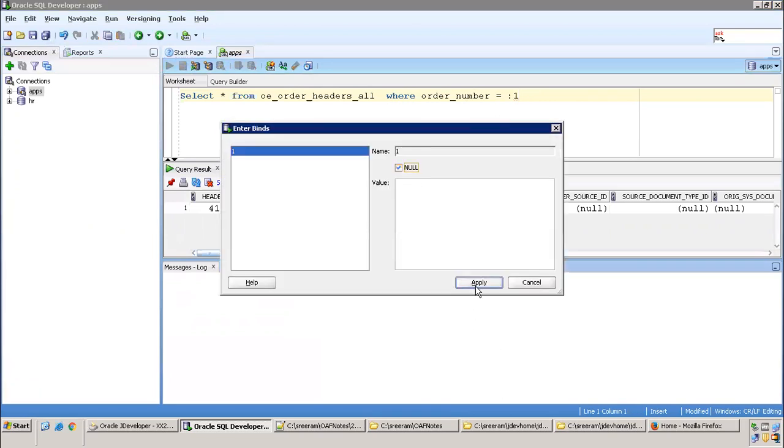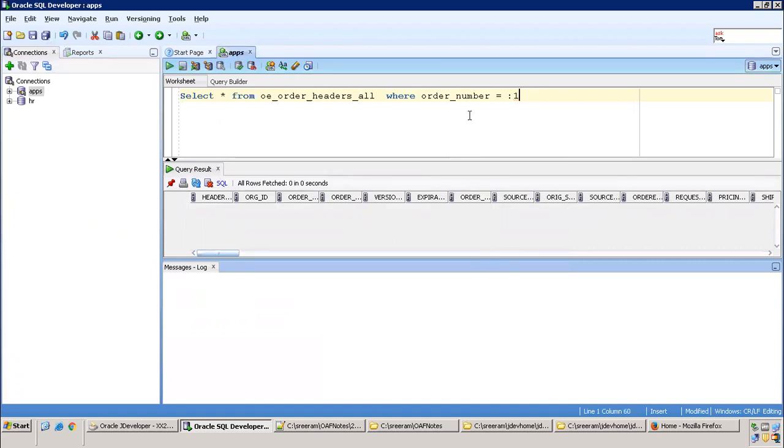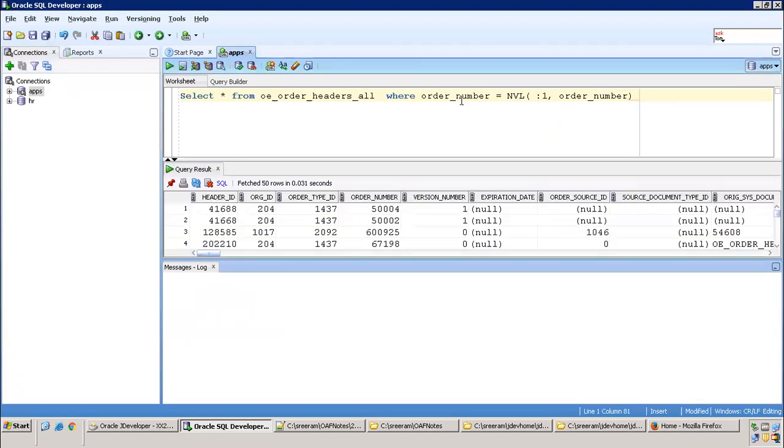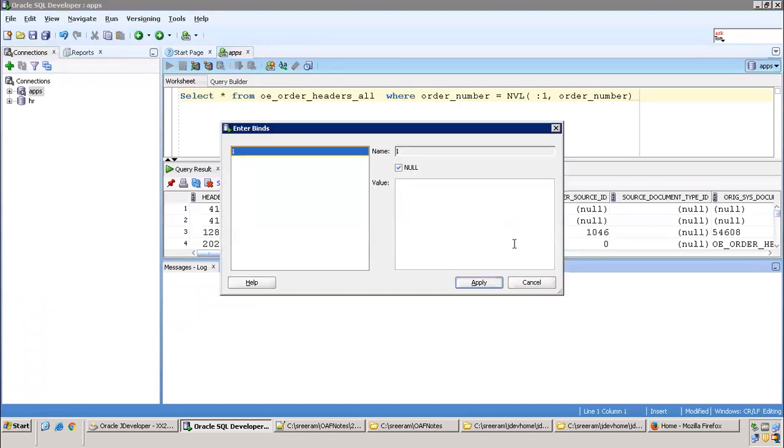Let us say I'm not passing the data; now we'll not get any data, right? But I don't want to make my order number mandatory. So what I can do is simply say NVL of :1, order number. So that if I don't enter the order number, I'll get all the records. If I enter the order number, I'll get only the specific record.